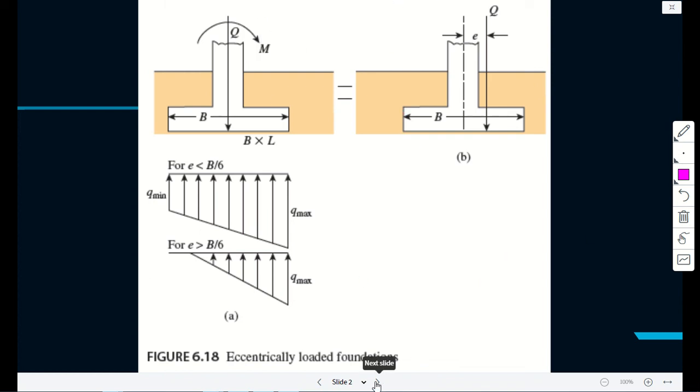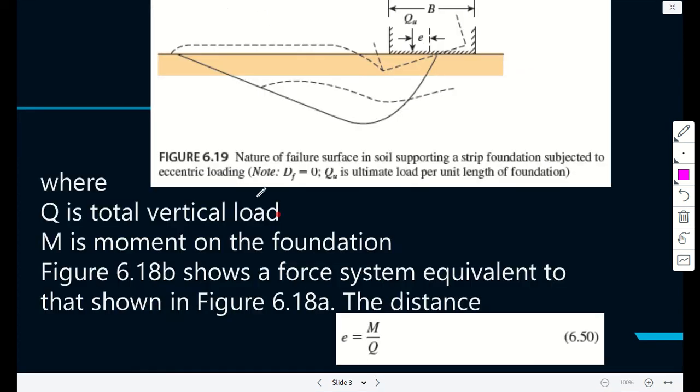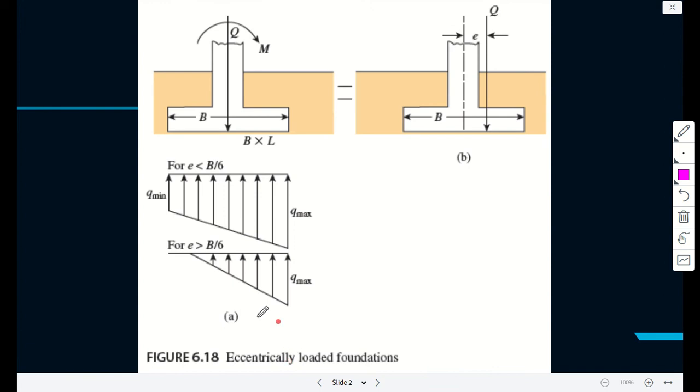Having said that, this is just a further explanation. Sometimes we can load eccentrically, and then we have maybe a deformed shape like this. So Q is the vertical load, M is the moment, and then Figure 6.18b shows